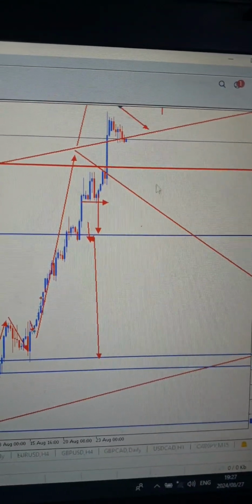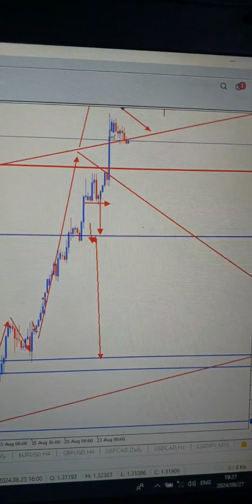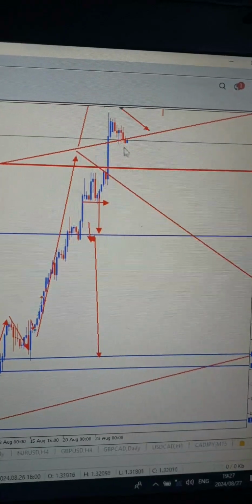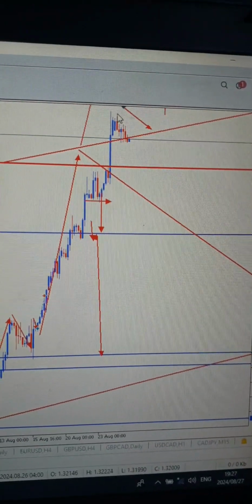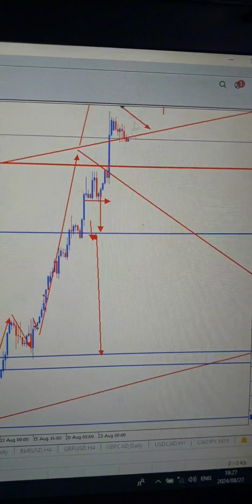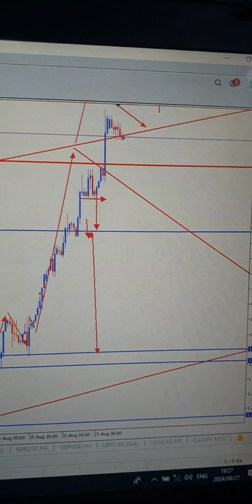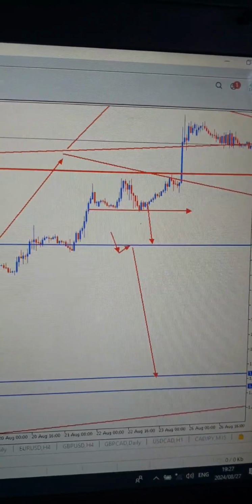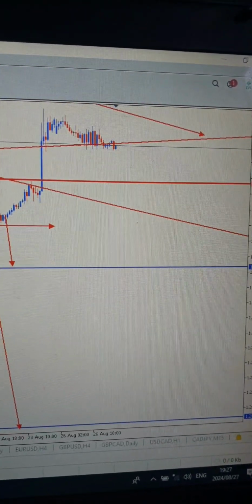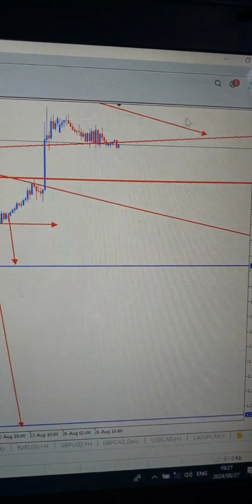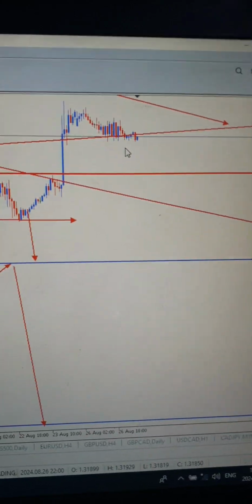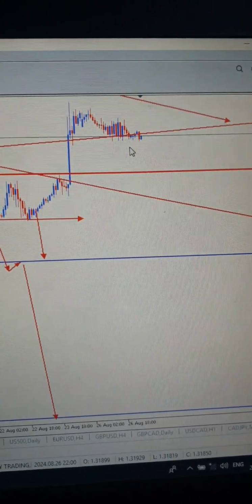It can actually still go down backward upon seeing this weak rejection, but seeing that there's maybe a flag, and if there's a flag, we know what a flag is. You form a flag. Once there's a flag, we know that it's going back up. So let's look at the lower time frame and see what is happening there. At this point in time, what I should be looking out for is the candlestick, what the price action is telling me. I know that we are at a critical or crucial point of confluence, so we should be very careful on our decision now. So what we should be looking out for